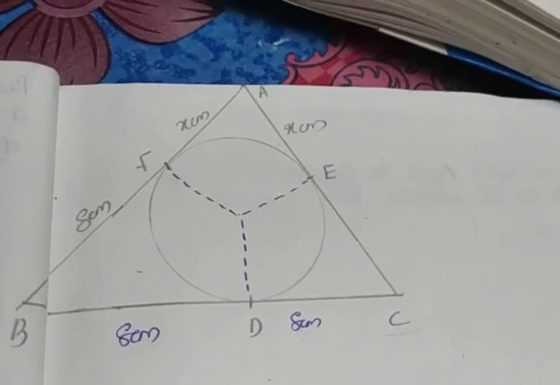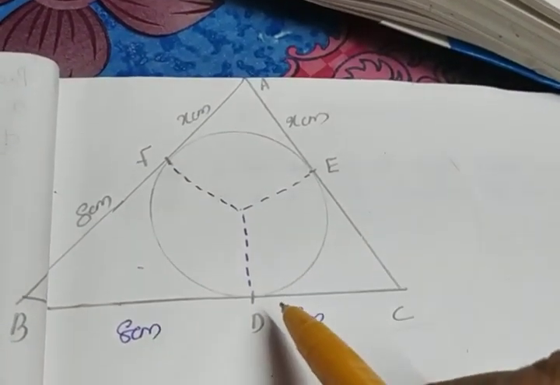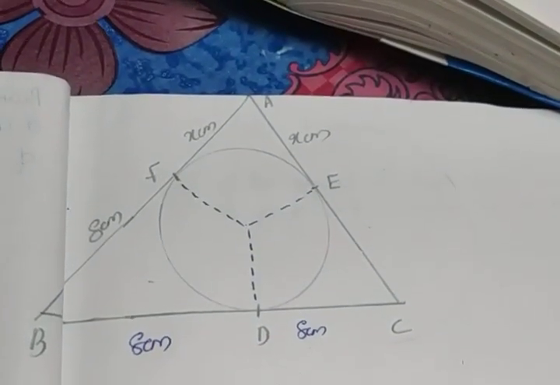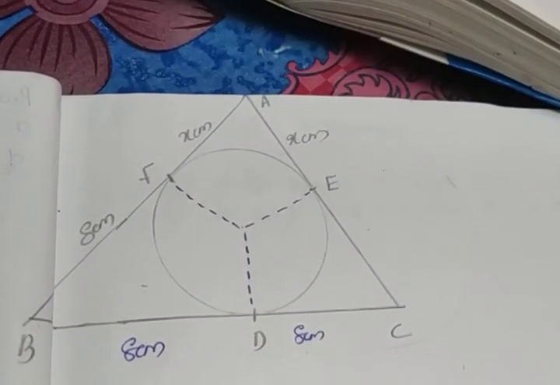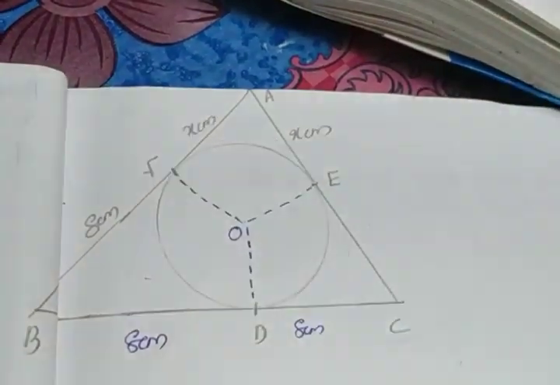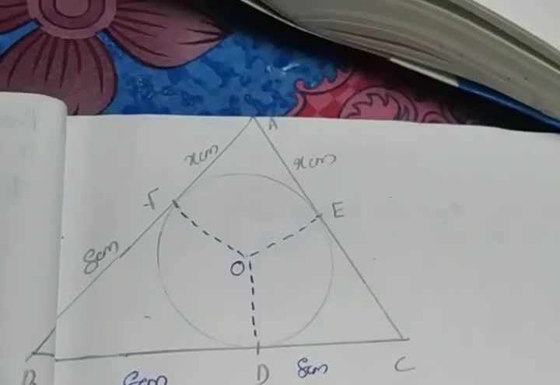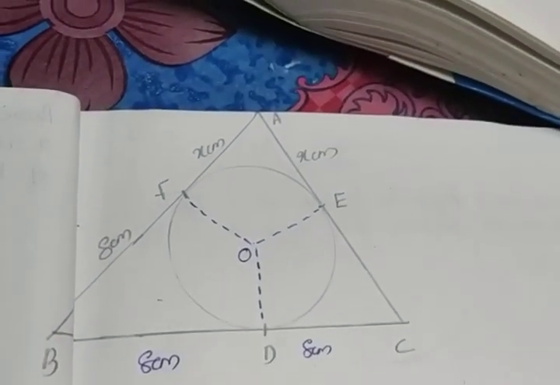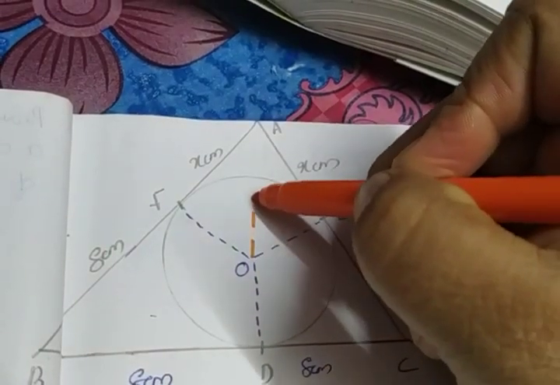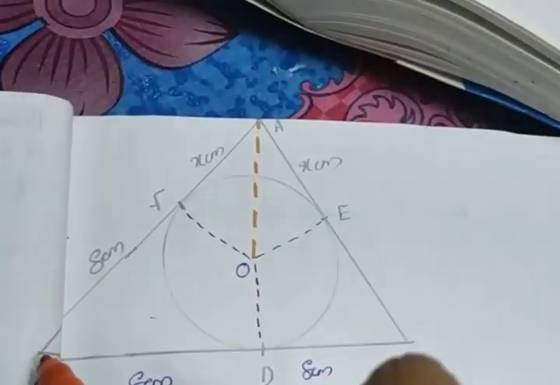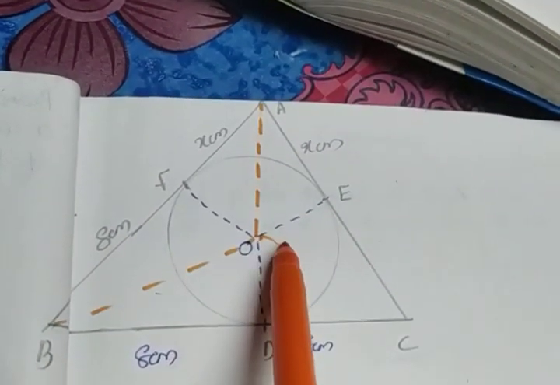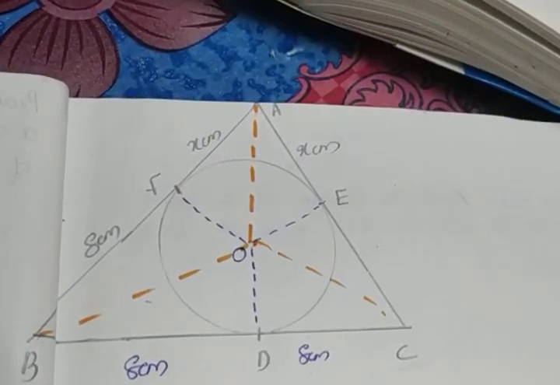So in the second method, we are going to find the area of this triangle ABC by breaking the triangle into three different triangles. How we will split the triangle into three different triangles is such that there's a center O, isn't it? So we will join O with the point A, O with B, and O with C. If I join O and A, O and B, and O and C, you can see three triangles.